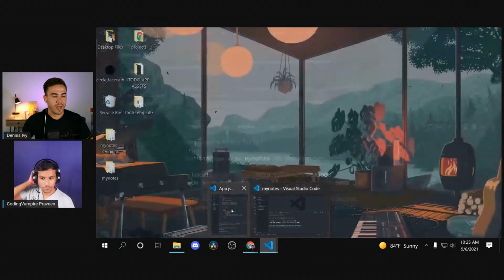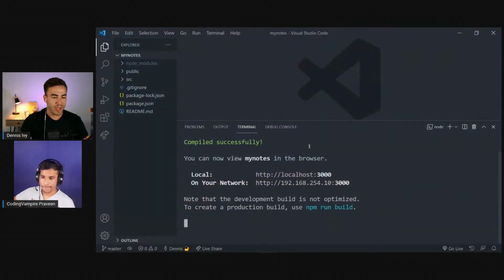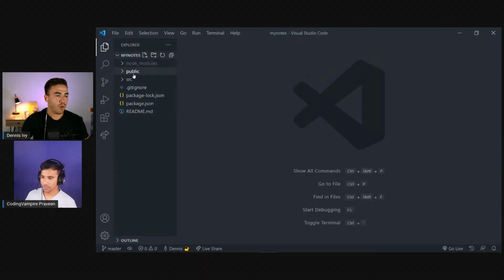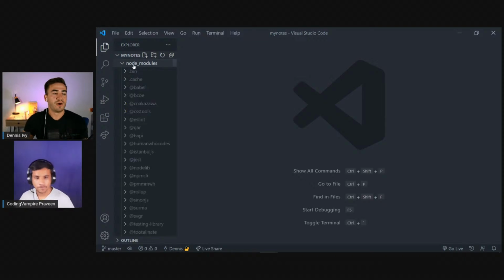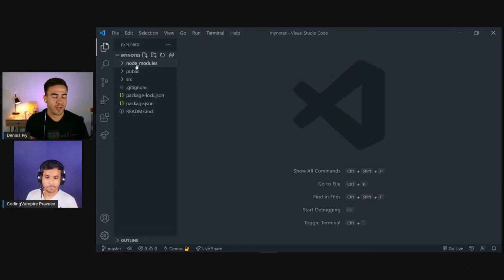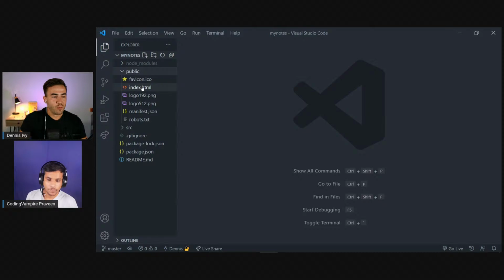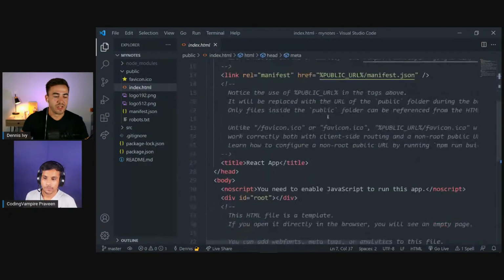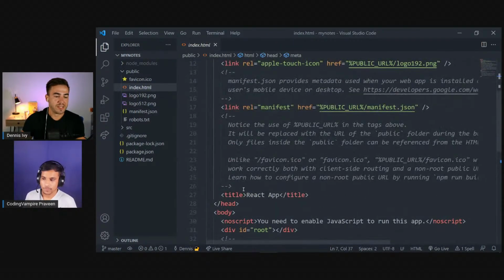So let's go ahead and talk about all the boilerplate code that we have. My server is still going to be on. I'm just going to minimize it, and let's go over this. So the first thing is node_modules. We're not going to touch this. This is all the installed packages that we have in React. So this is React itself included in that, and any packages that come with it. So we're not going to work with that. Leave that alone. Now, public, this is where we have that index.html file